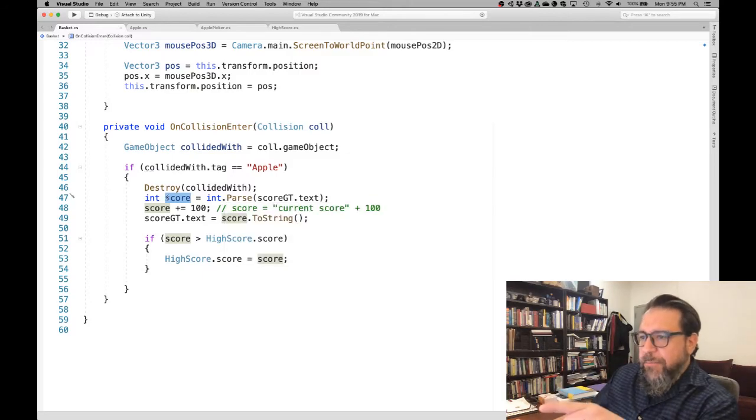The score here in the basket is a local variable, which means it only exists inside of this private void area. This is a private space. With this being a private space, that score only exists here, and so there's no confusion between this score here and the score that we're accessing in the class HighScore.score with that variable. So what this really